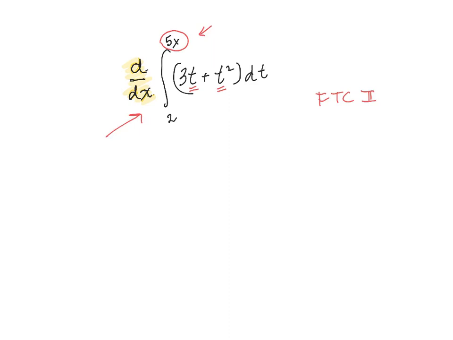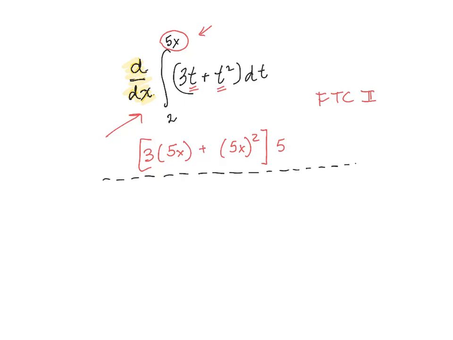All right, so now we're going to say 3 times your 5x plus your 5x quantity squared. And then I'll have to multiply it by the derivative of that g of x, which is 5. Right? Now, if we do it the long way,